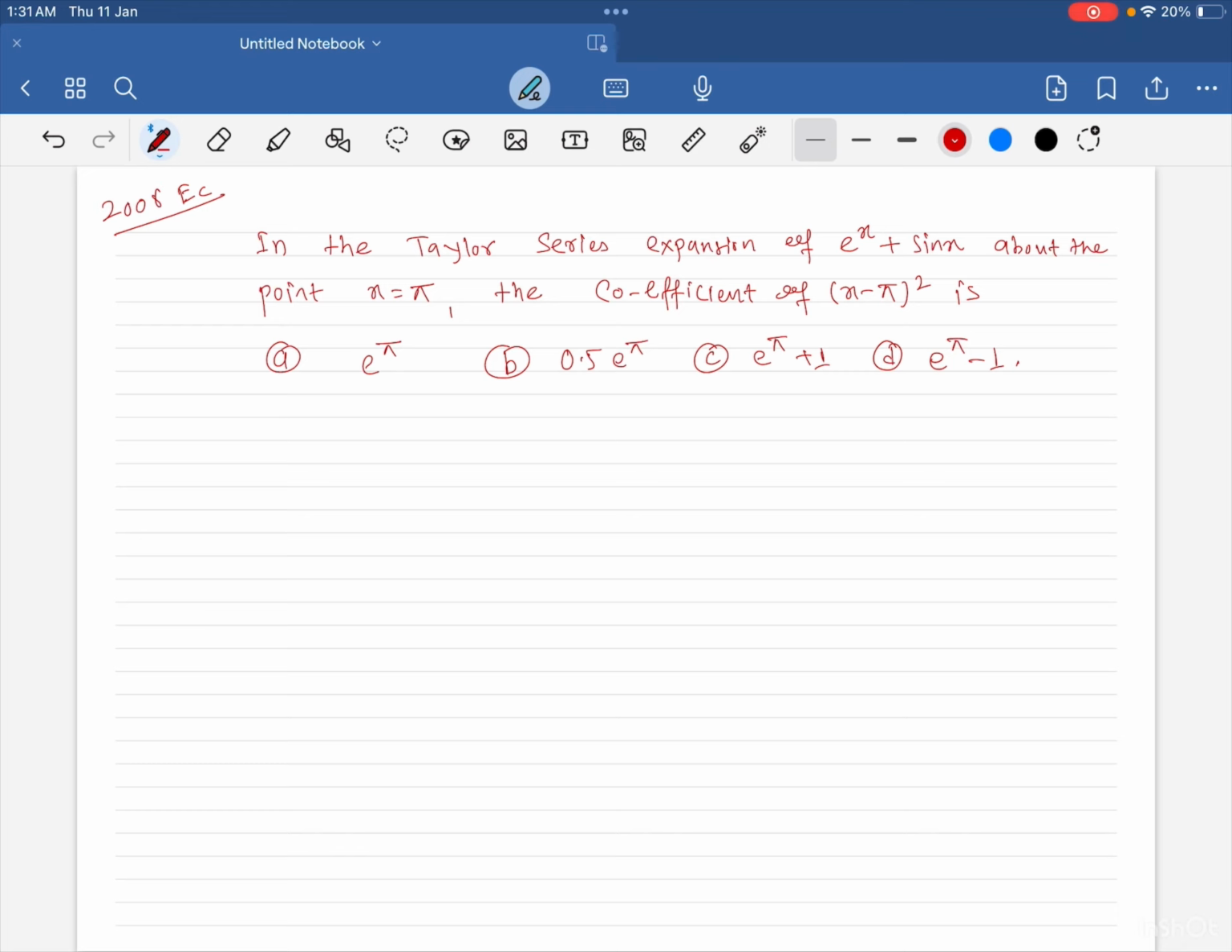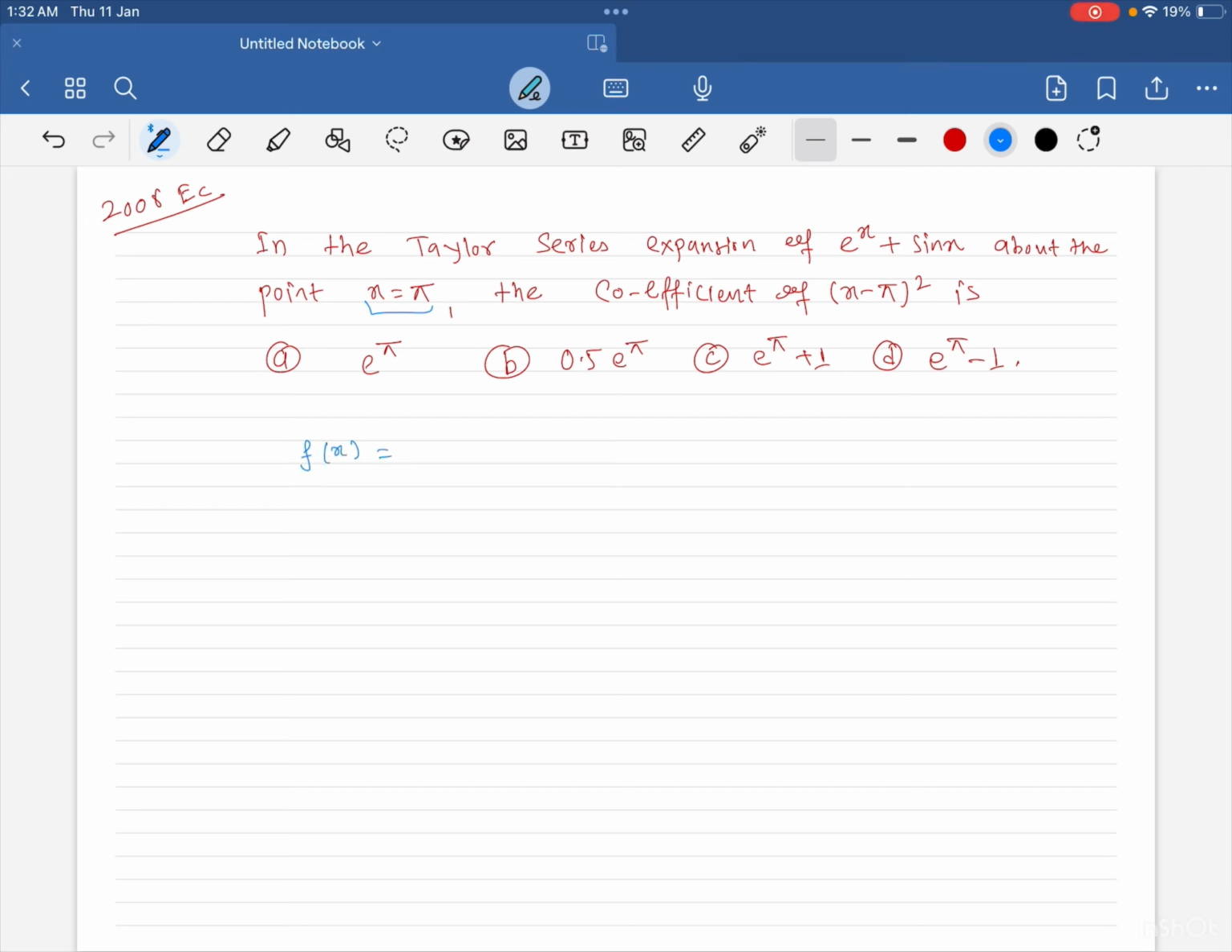So this question is from EC 2008. A similar kind of question is: in the Taylor series expansion of e to the power x plus sin x about the point x equals pi, the coefficient of (x minus pi) squared is. So again, we will have to find the Taylor series expansion about the point x equals pi, right? So that would be